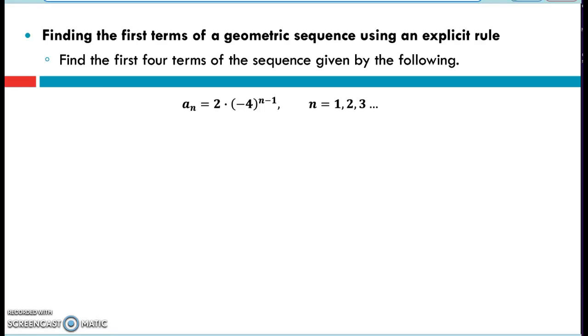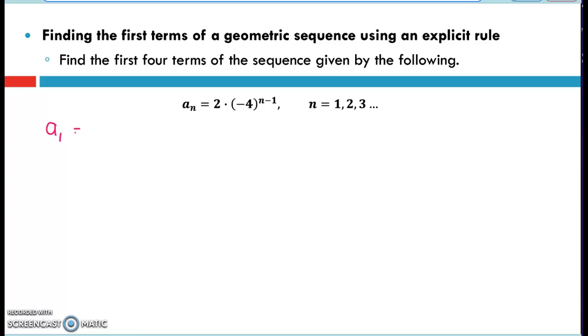Hey everybody, in this video we'll talk about finding the first terms of a geometric sequence using an explicit rule. We're told to find the first four terms of this sequence that's given below. I talk about this notation a sub n in my video finding the first terms of an arithmetic sequence using an explicit rule. So we know that the first term is going to be a sub 1, so when n